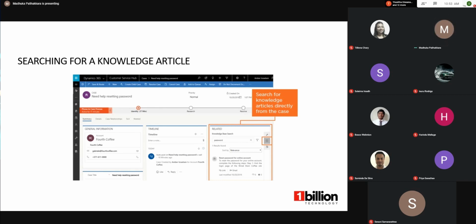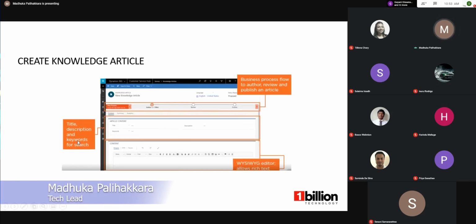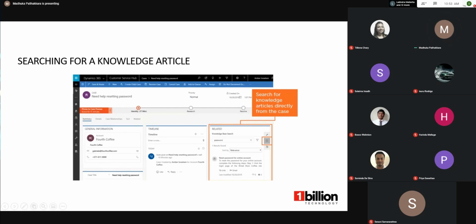knowledge articles inside the case entity, or we can perform a search based on keywords for knowledge articles. With that keyword, we can search inside the case entity to find the knowledge-based article. Once we find the knowledge article, we can read the article and find what needs to be done to resolve that case, and also we can link the relevant knowledge article to the case, and if required, we can email that knowledge article to the client as well, based on the case or the requirement.